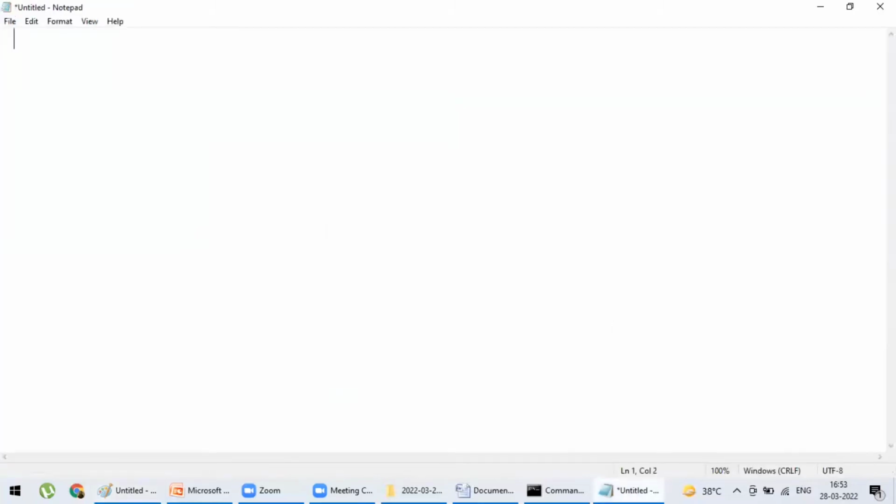The same example I am implementing. Class A contains the M1 method, void M1, and it prints, suppose, hello: System.out.println hello. Let's close this method and close this class.